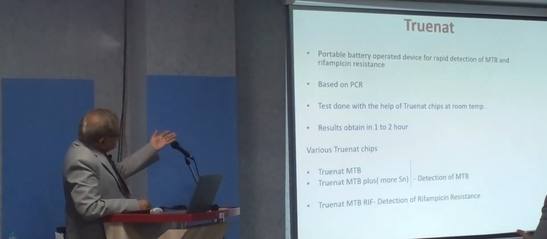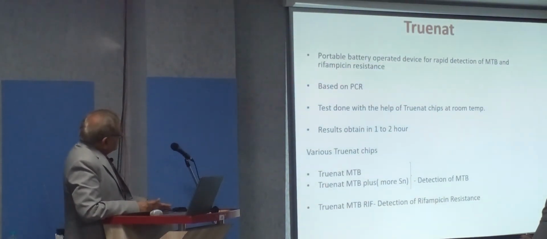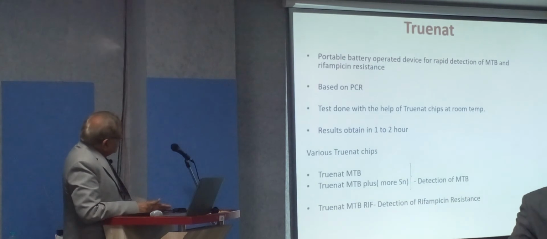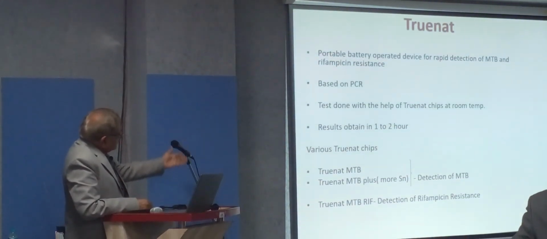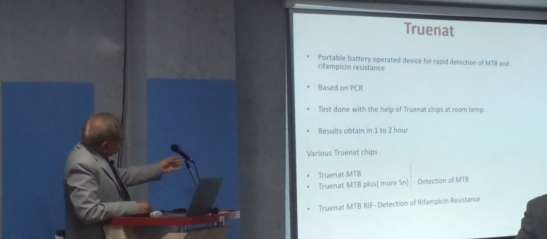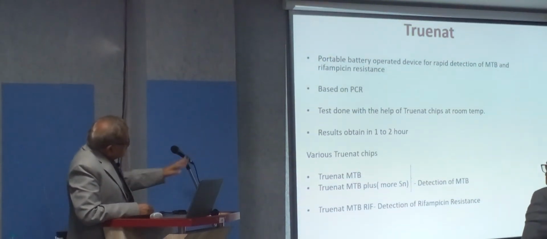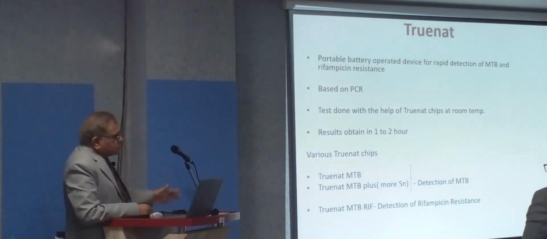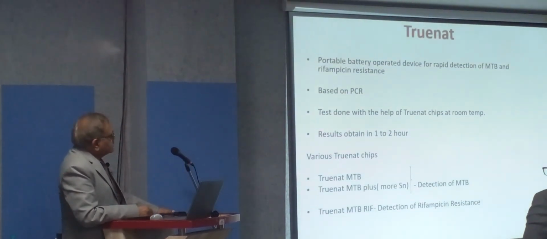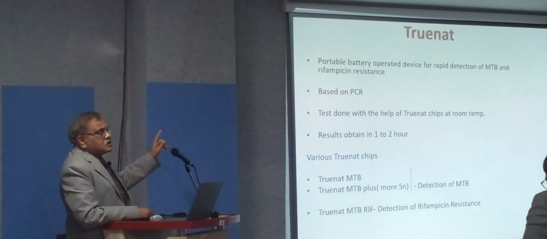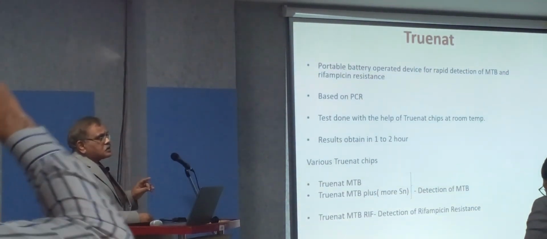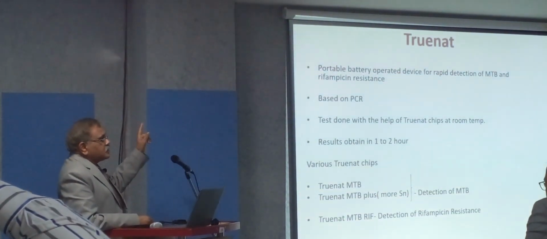Here again the results are available in 1 to 2 hours, and TrueNat MTB has 3 types available, but we are using TrueNat MTB Plus for detection of MTB. Others are for resistant cases. The beauty is that it is an isothermal machine. In CBNAAT we were using